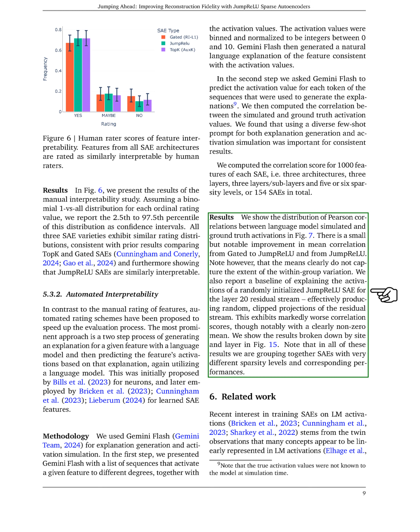However, we note that the average values do not fully reflect the variation within each group. We also established a baseline by explaining the activations of a randomly initialized JumpReLU SAE for a specific layer, which resulted in random projections of the residual stream. This baseline showed significantly lower correlation scores, although it still had a non-zero average. We provide a breakdown of the results by site and layer, noting that we grouped SAEs with varying sparsity levels